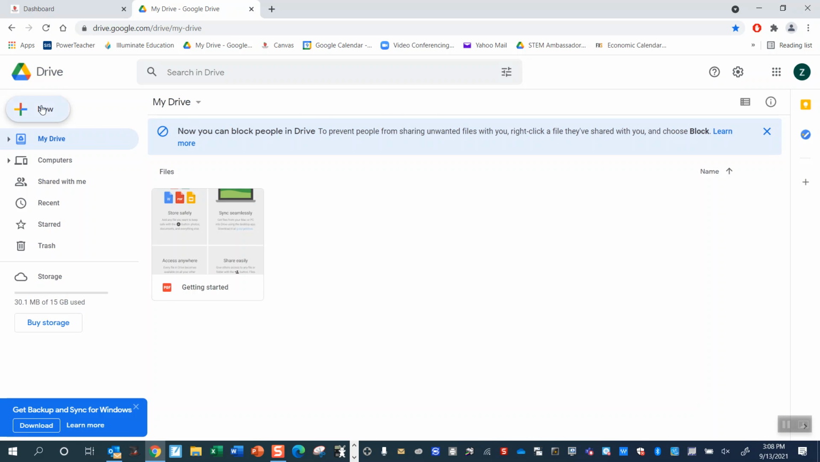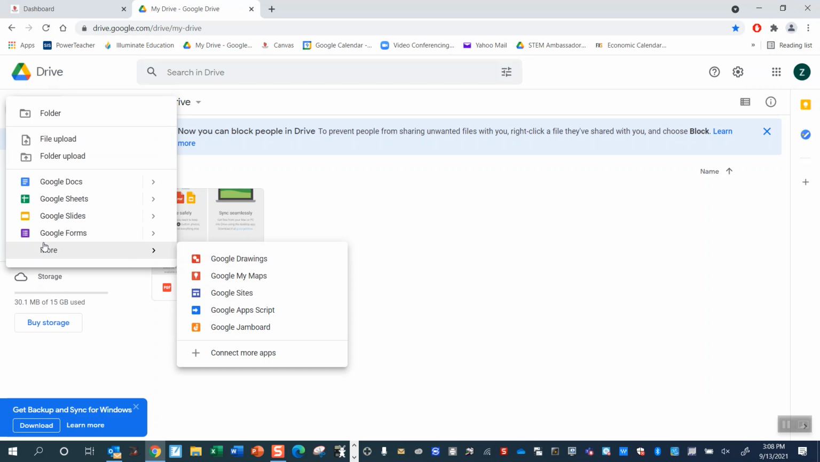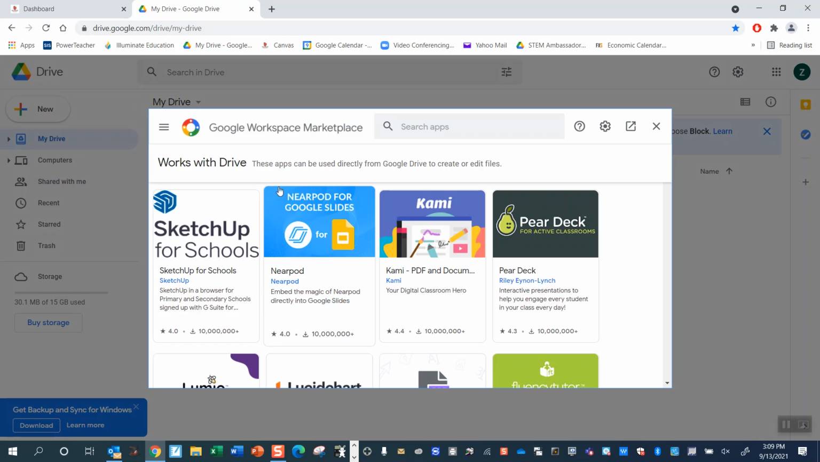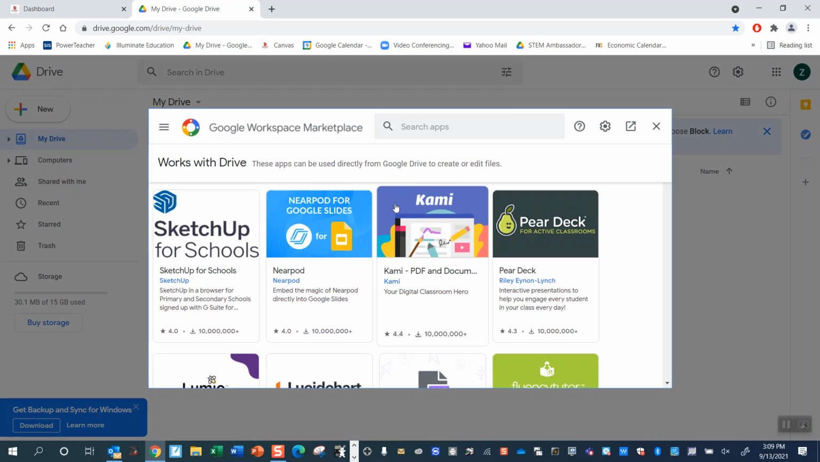When you click the plus sign and then More, you should see Google Colab, but it's not there. So in order to install it for the first time, the first and only time you will ever have to do this, you click Connect More Apps, and then it takes you to this place right here, and you click up here where it says Search, and you type in